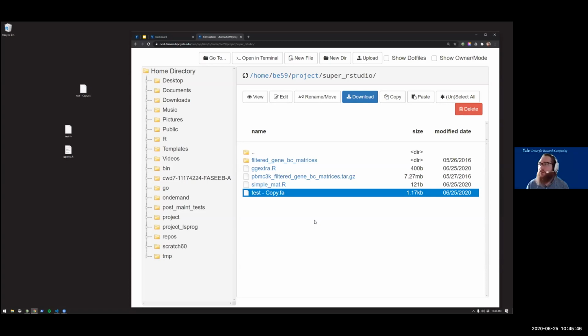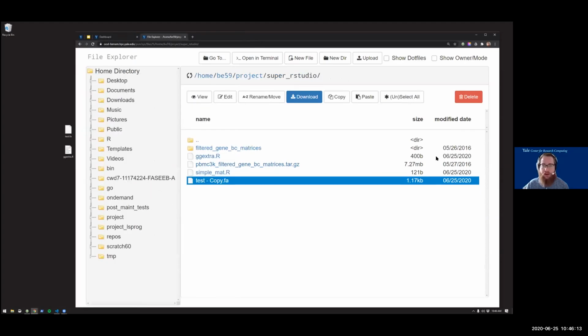So yes, you can also use WinSCP. Again, for MobaXterm, CyberDuck and WinSCP, you have to have your SSH keys set up. So the nice thing about the on-demand interface is you just have to be able to log in with CAS and you're good to go. So it takes a little bit less setup is all. And that's why we find, especially folks starting out, this is a nice way to begin. I can also make new files and new directories with these buttons here.